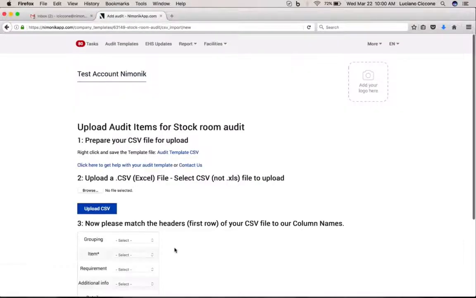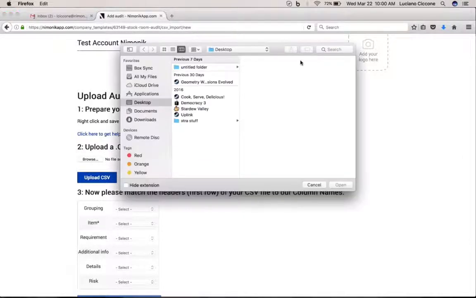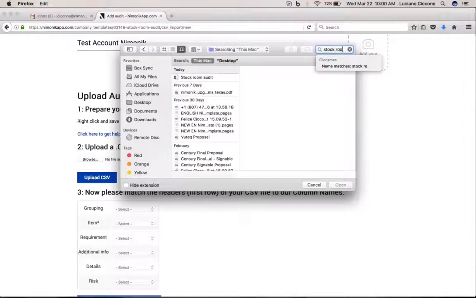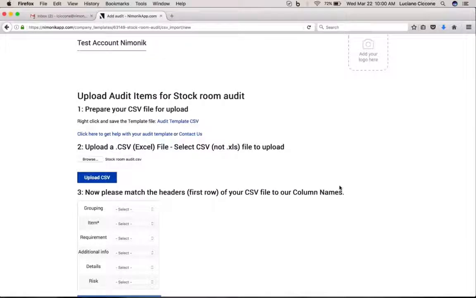Now we're going to click on Upload CSV File, and it's going to ask us to select a file from our computer. We'll go ahead and do that, and we're going to look for the stockroom audit. There it is. We're going to click on Upload CSV,